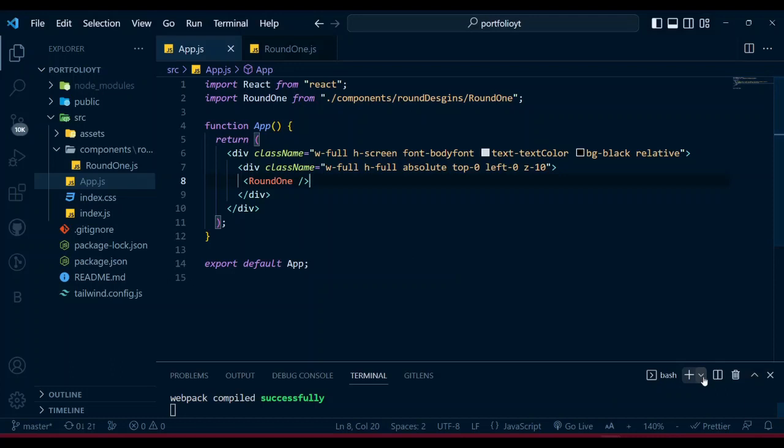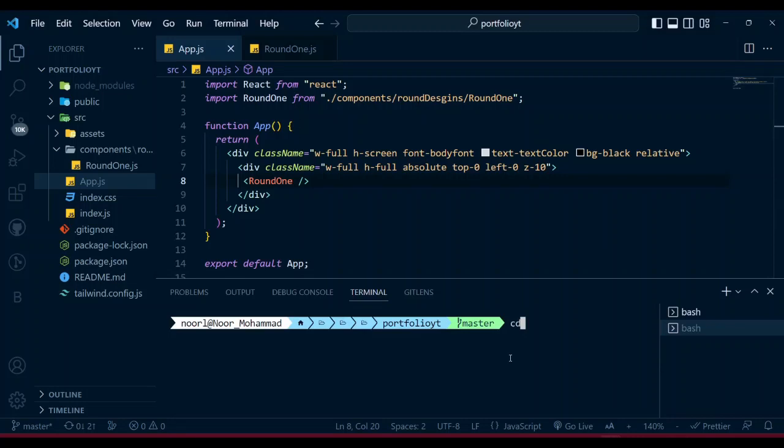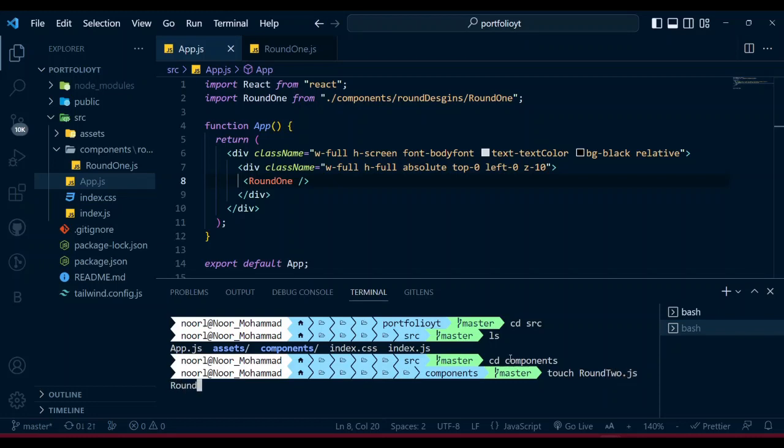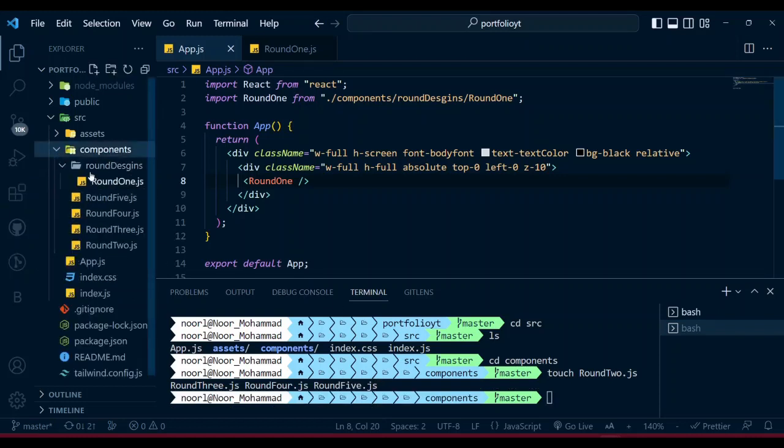So now we need to create another 4 or 5, I think 4. So let's go to our cd src. Yeah, we are in this. Now cd components, we are in the components. Now we're gonna create other files like round2.js, round3.js, round4.js, round5.js. So we are creating all the rounds we require, and if we save, you see we have that rounds,